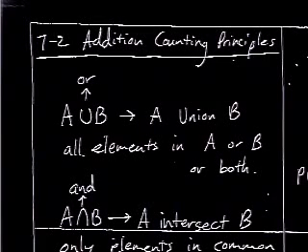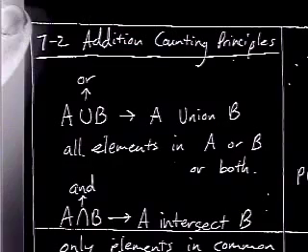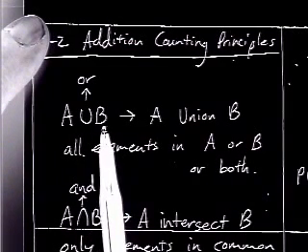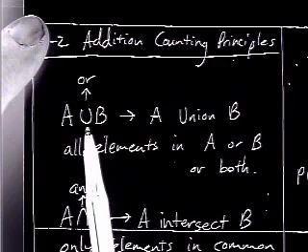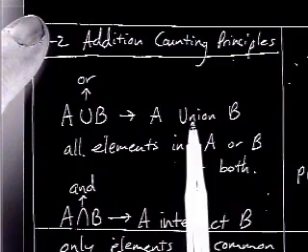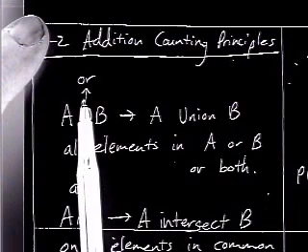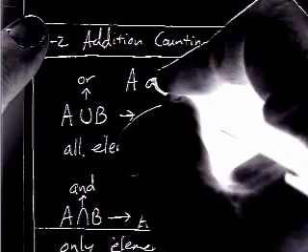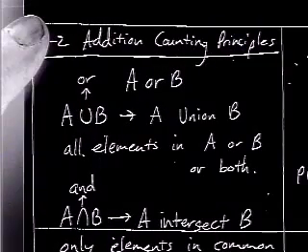Okay, section 7.2 is the addition counting principles. First group of notation or sets of notation that I want you to understand is A union B. That's how we read that symbol right there. That looks like a U. A union B. The word or can also be substituted, so you might see A or B written down,